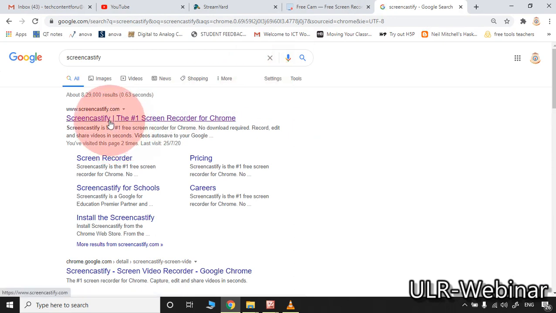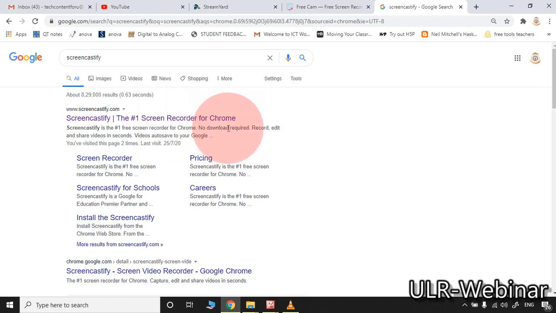Now I am going to explain another tool, which is the screen recorder for Chrome browser. So this is the screen recorder for Chrome browser.